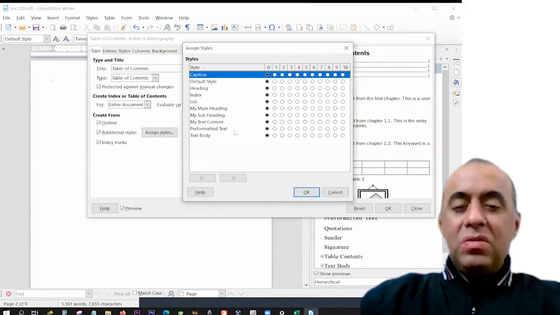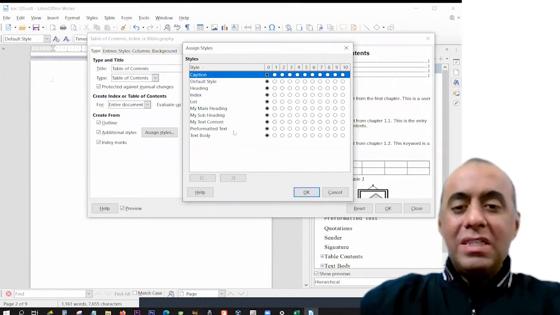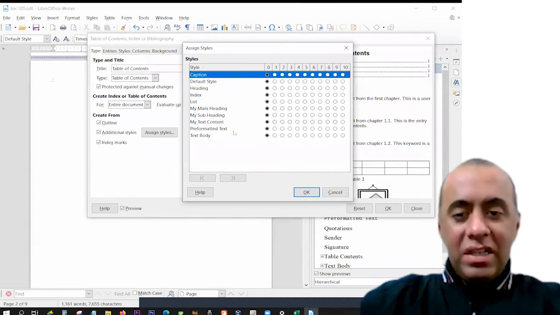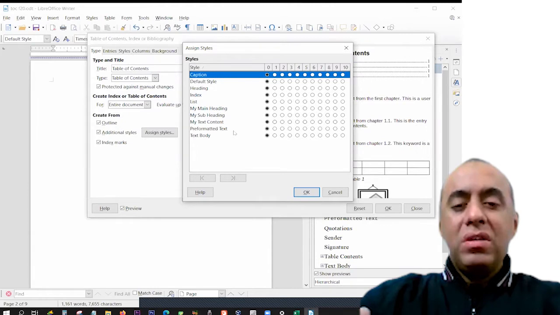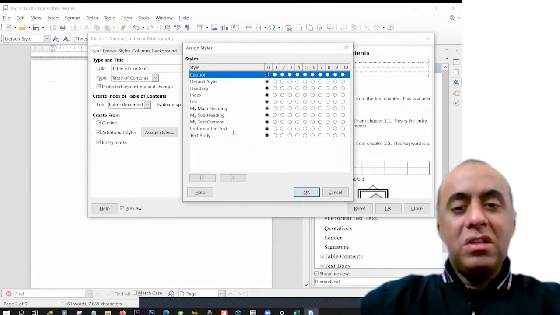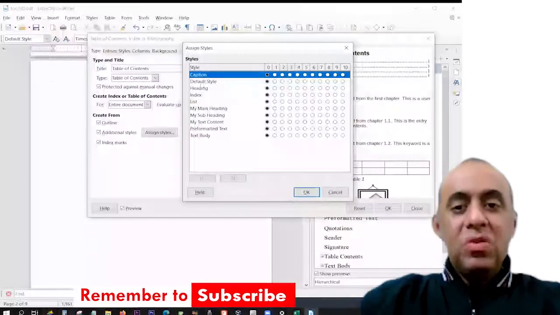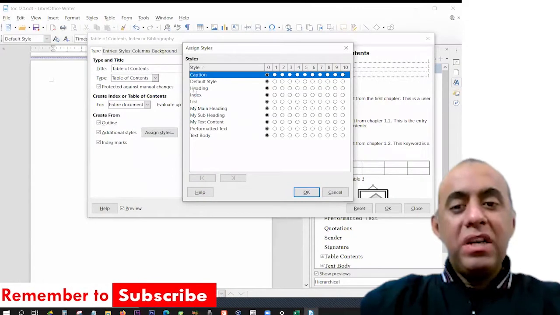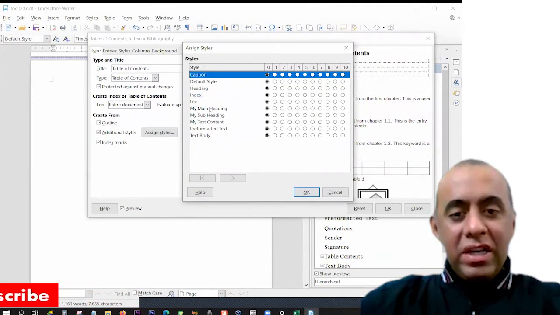So this is how the automated table of contents works. It uses the styles that you have used in your document to search and look for headings and subheadings, so that it can detect and then mention the page numbers in the table of contents for those headings, right? So you are allowed to use the predefined headings, but since we have made our own headings, we are